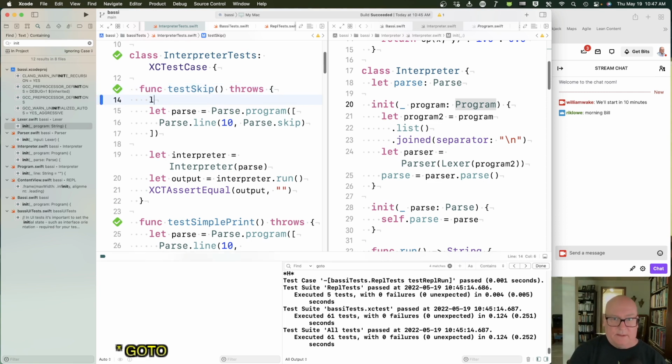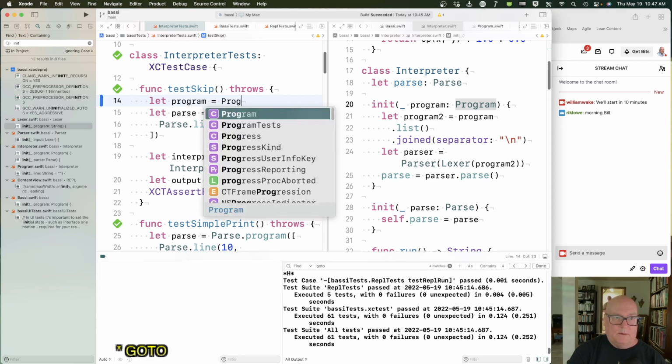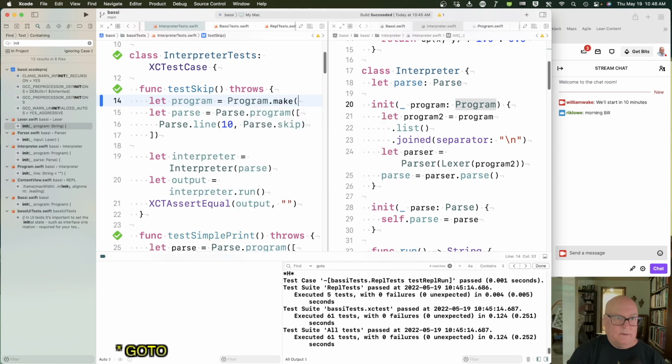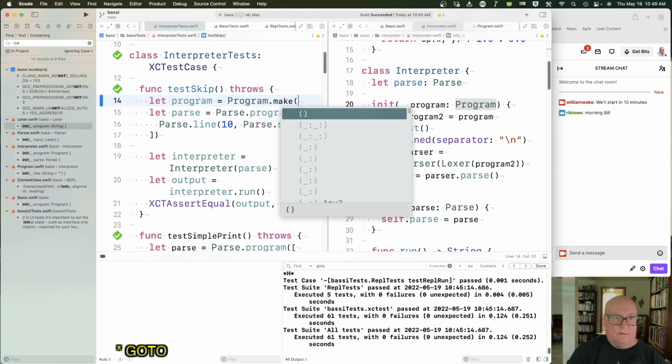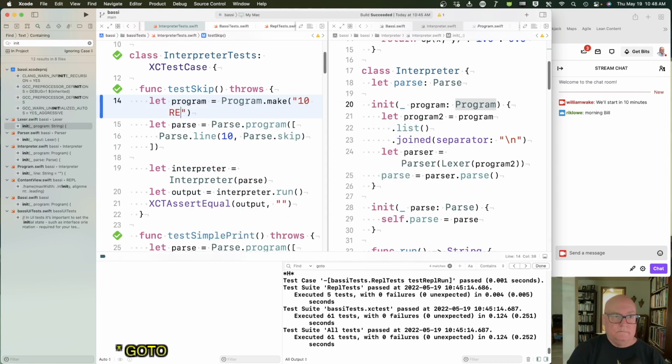It's going to be something like let program equal program dot make. I think if I did that and then I interpret with program,